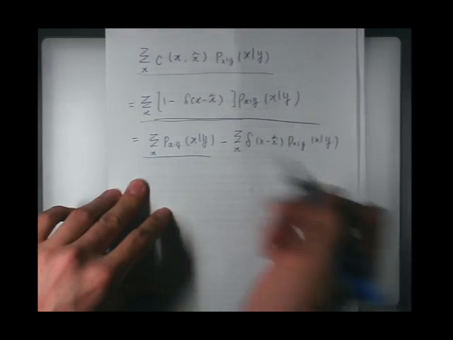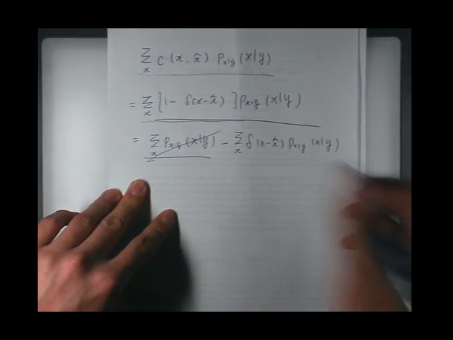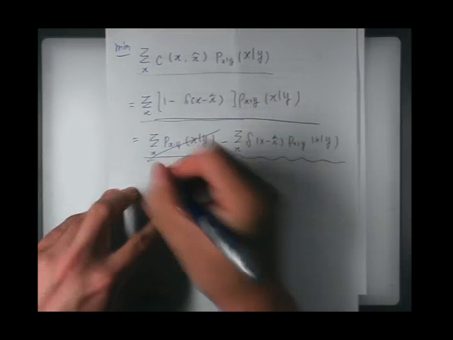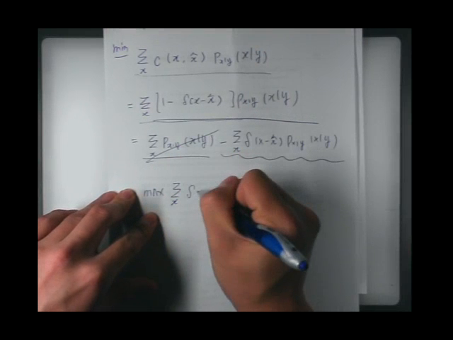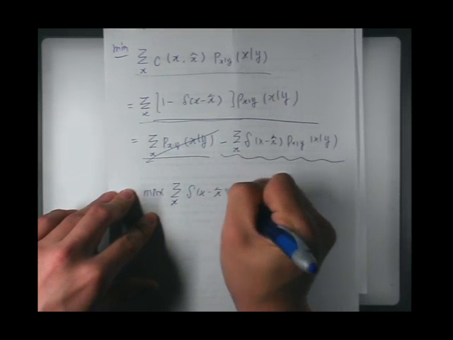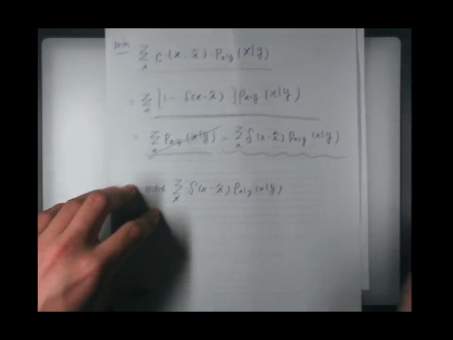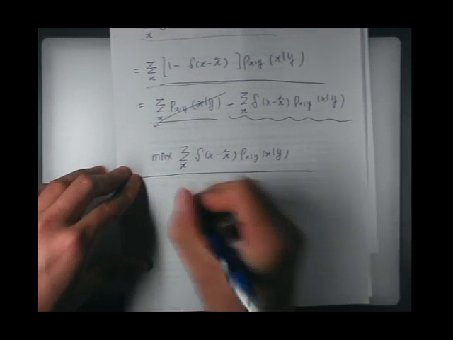And this term has nothing to do with x hat. Ignore this term. So how to minimize this cost function is equivalent to how to maximize this term. Right? And the maximization of this term is equivalent to